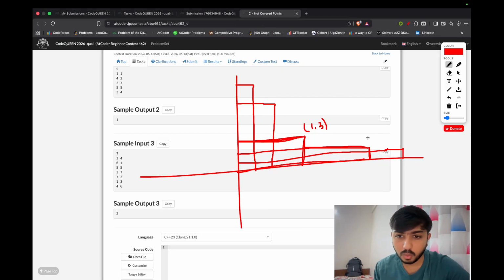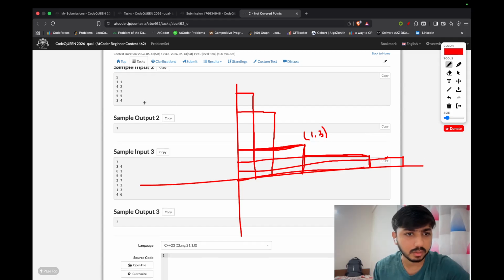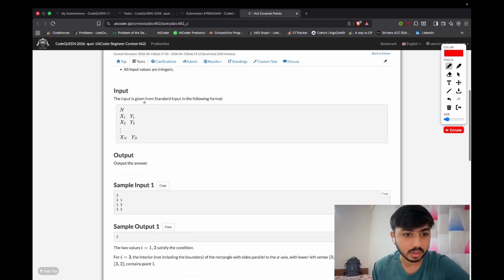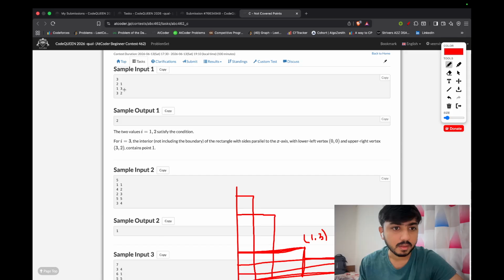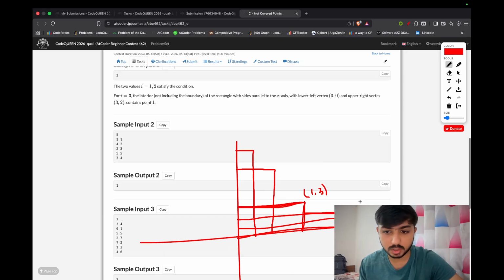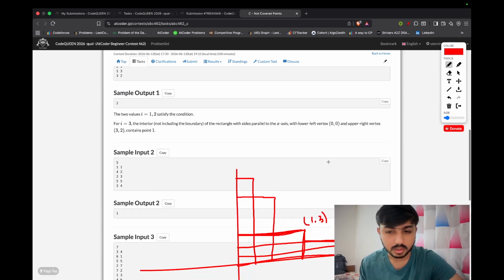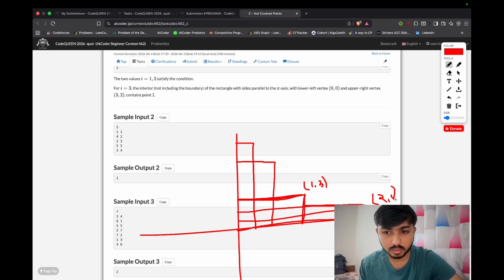Second is 2, 1. Okay, 2, 1, but there's no element 2, 1 here. Sorry, sorry. 1, 3, and 2, 1. That means this x is 2, y is 1. Yeah, this is fine. 2, 1, 2, 1, 3, 1. Okay,